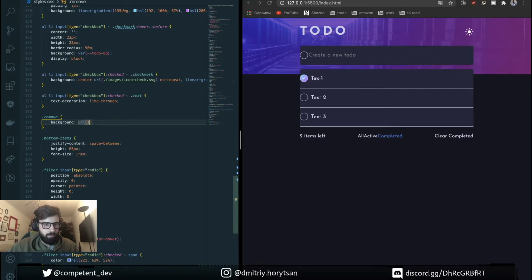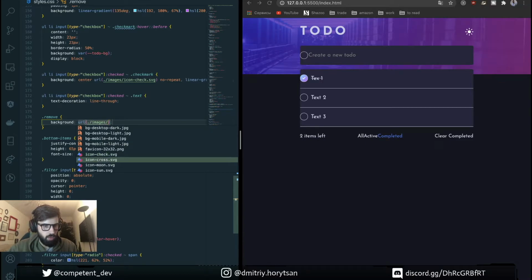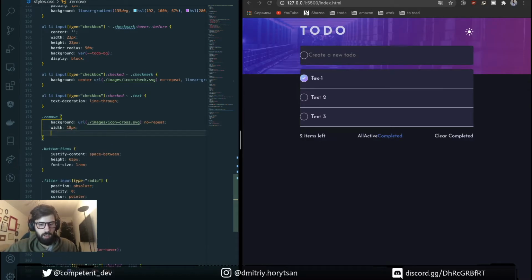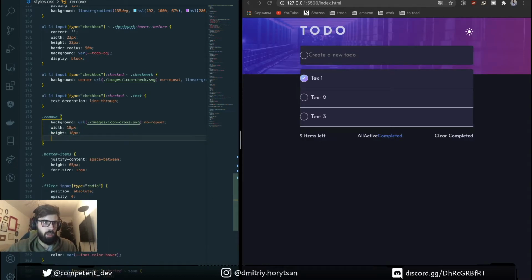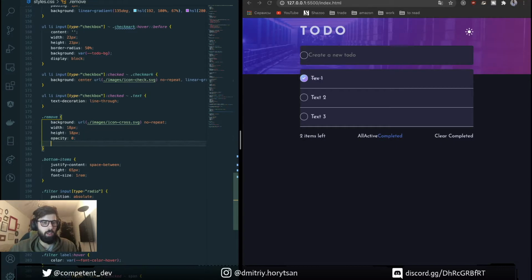Background should be images cross, no repeat, it's 18, 18, opacity 0, because it's visible only on hover.